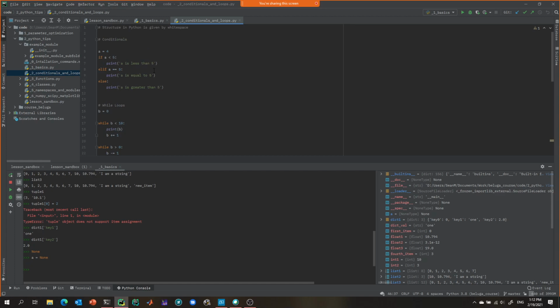So here, the conditionals. This is where we get to the point, and stop me if you have any questions. I think the basics were pretty basic, so hopefully everyone understood that. But I could have missed something or explained something poorly too. So okay, no questions. So conditionals are